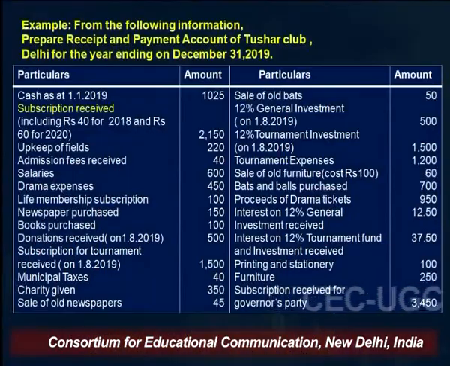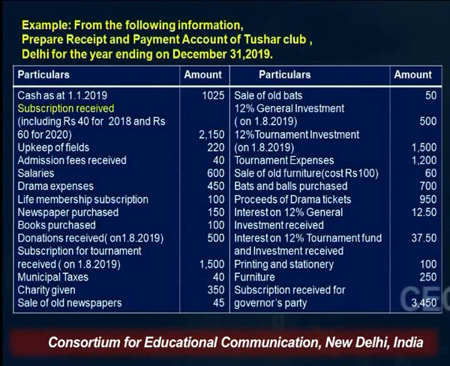The second item which is appearing here is subscription received. Subscription received is the major income of an NPO. So this is a revenue nature item. As I have just told you, all the items, whether they are of capital nature or revenue nature, are to be shown in the receipt and payment account. So the subscription received, this is an income, this is a receipt,